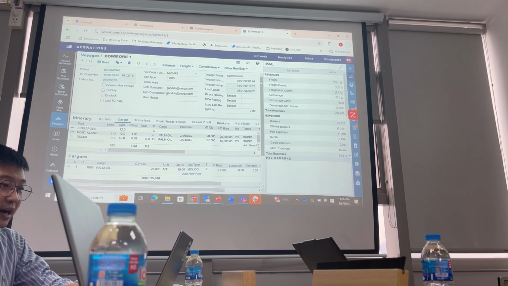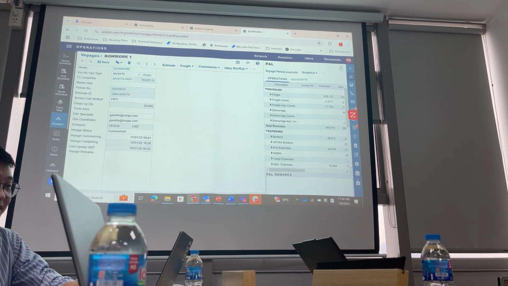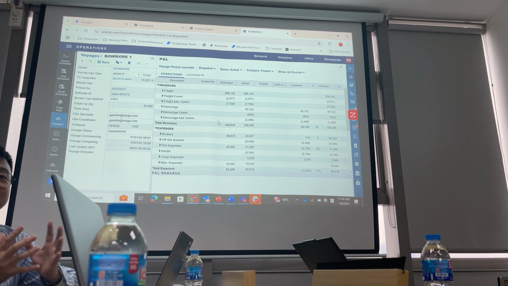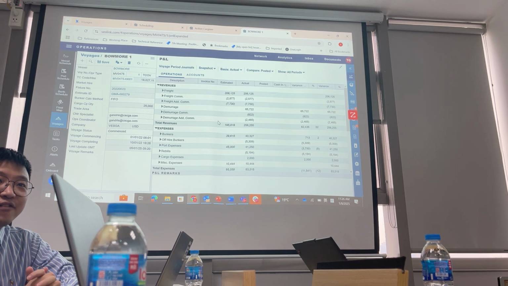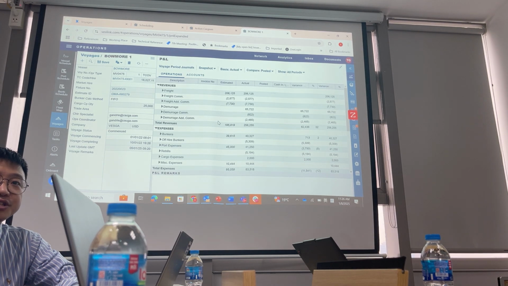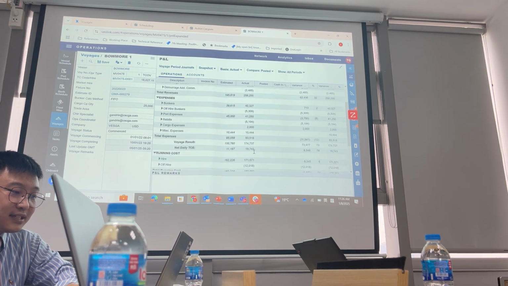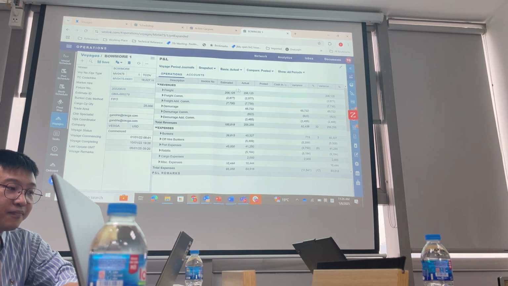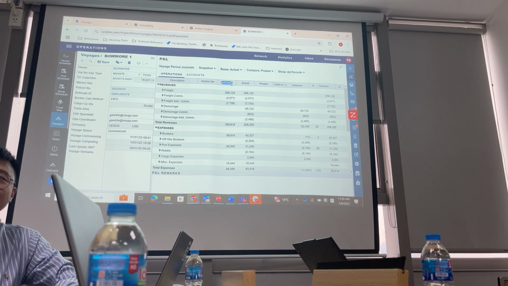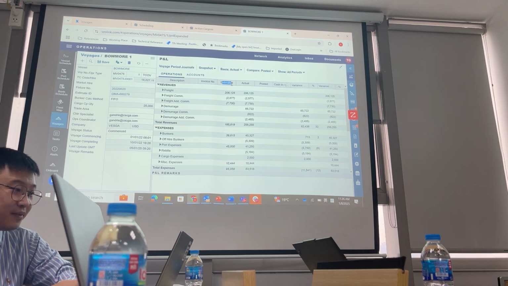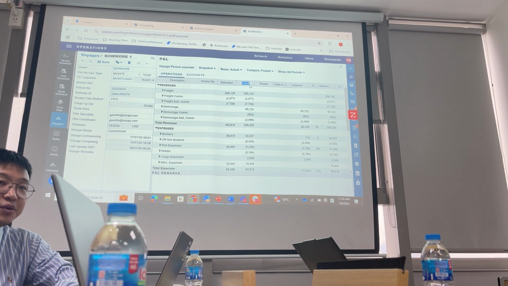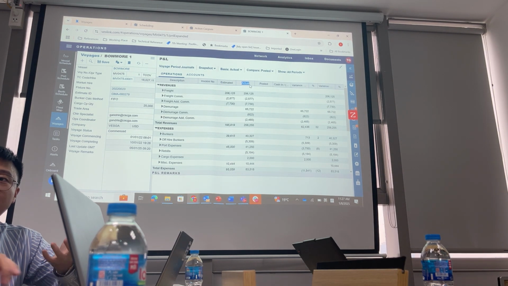And then, another thing that you will like the most is the voyage P&L. When you don't have a system, you just won't have any methods to see how your voyage is performing every day. But now you can. And it doesn't only tell you how your voyage is performing today, it also gives you other columns. The estimate columns will show what is the estimate number I want to make on this voyage when the chartering team fix this voyage. And the actual column is showing you what is the actual P&L, what is actually happening